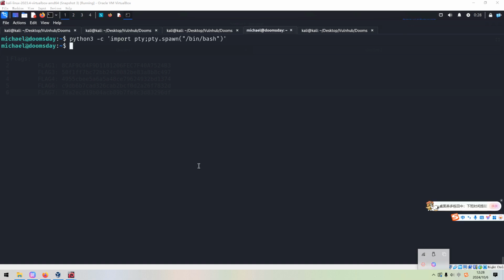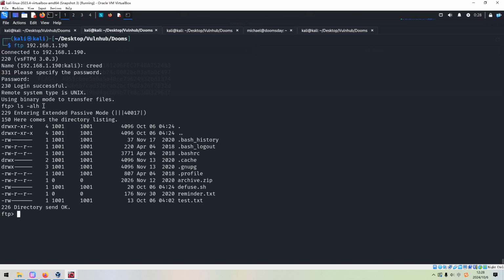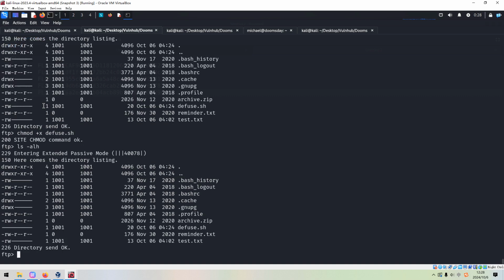All right, let's continue. I repeated the steps I've already done before. I restarted the machine and then did the port knocking again and FTP to the target, and then I think we can change mode this file. However, as you can see now, we have a problem.